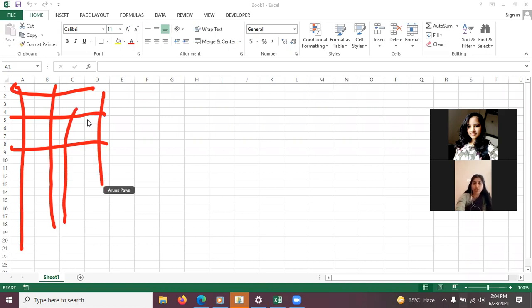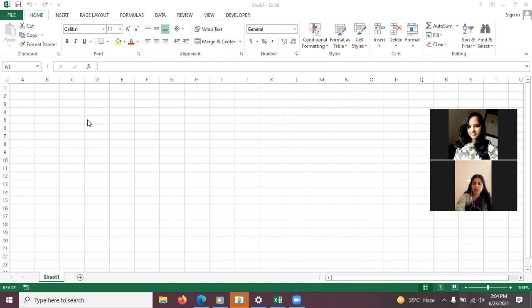So this way your worksheet or Excel spreadsheet has these rows and columns. Whatever we write, we have to write inside these cells only, and then we can save the work. Basically, the use of Excel is the calculation part, where we need calculations, additions, subtractions, whenever you need to do them.